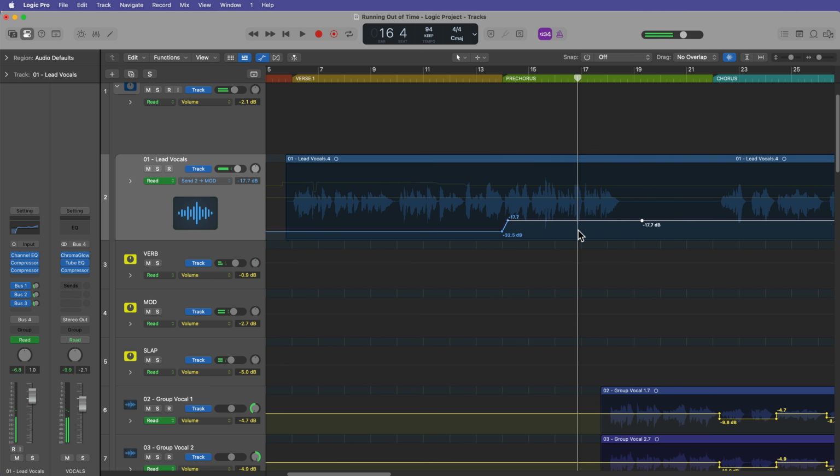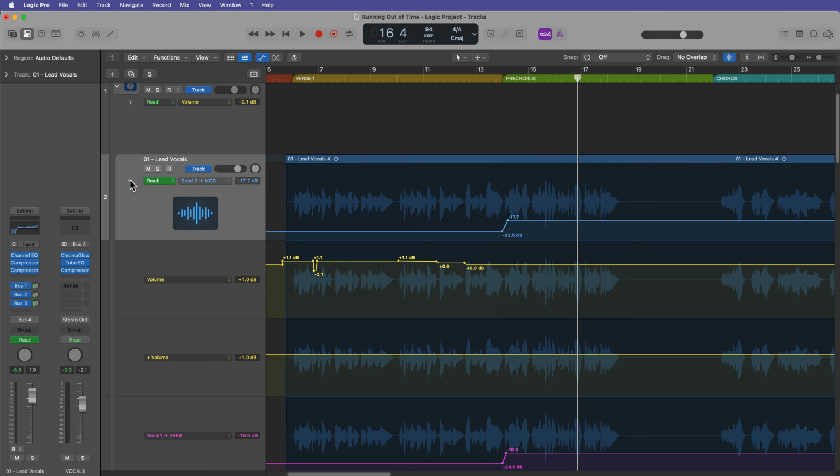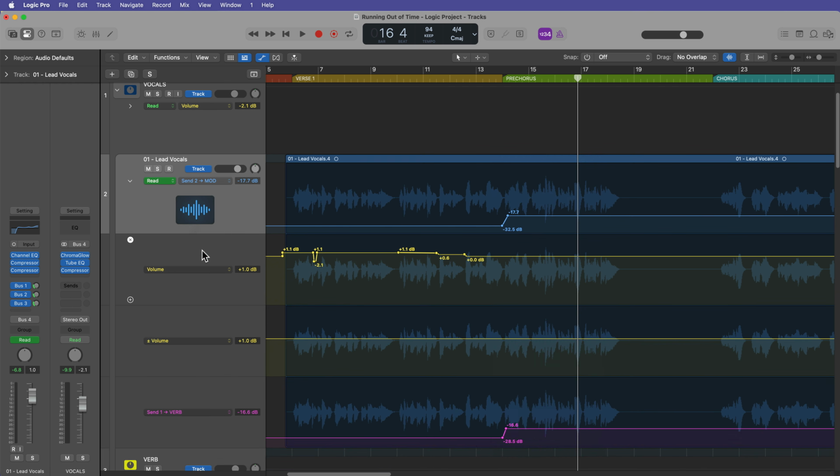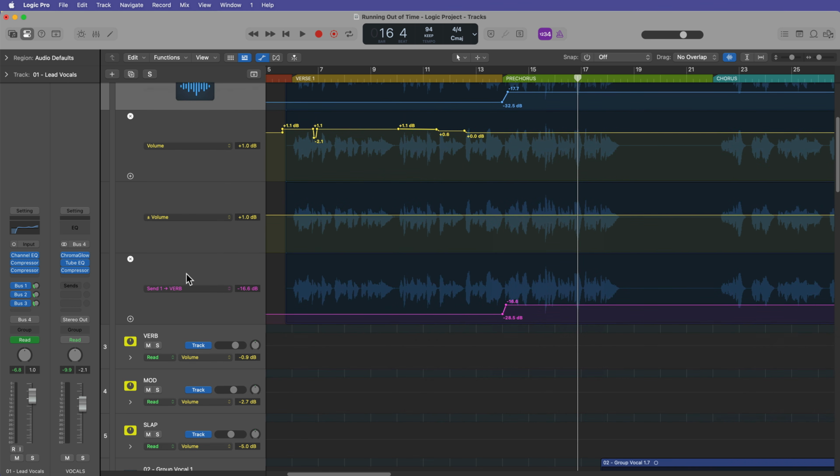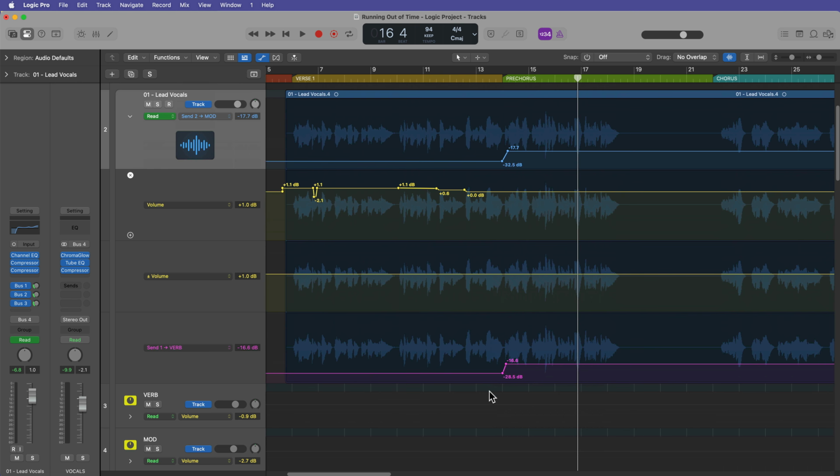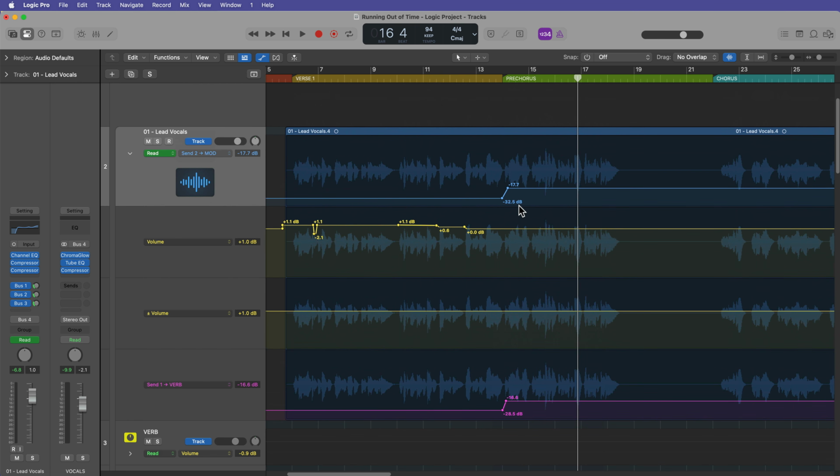So again, it's completely up to you how you want to balance these effects. But this gives you full control over these things across the timeline. And if you want to look at multiple automation parameters at the same time, just click right here and you'll see all of them. So you can see I made a volume adjustment. I made a relative volume adjustment. I made an adjustment to the send 1, which is reverb, along with the parameter that's on the track, which